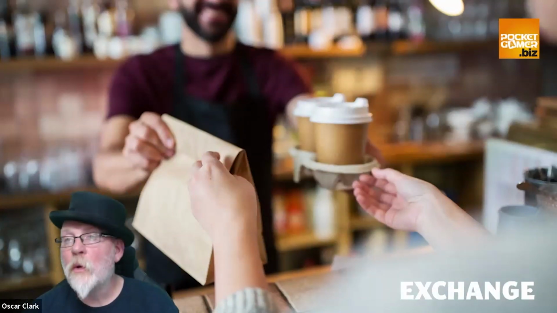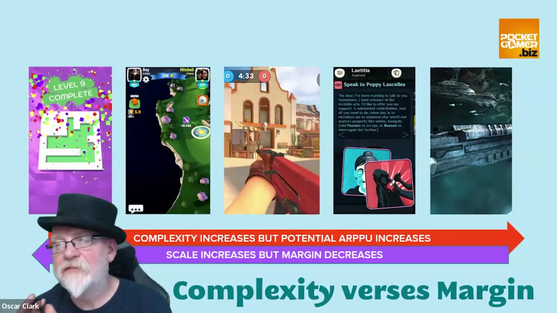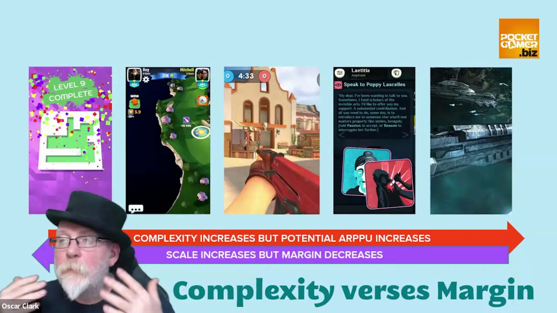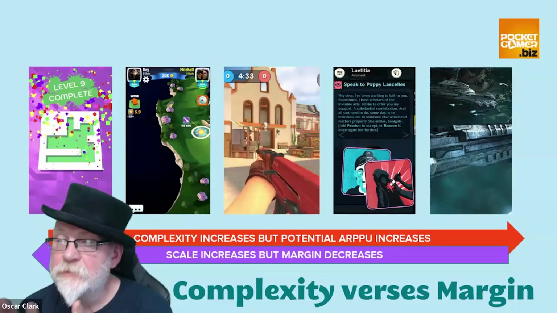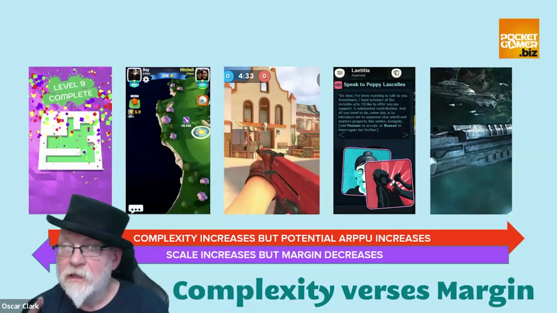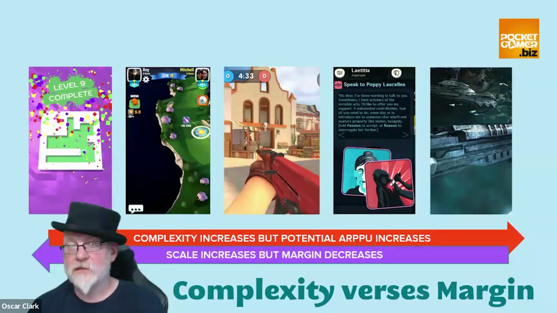A couple of things to know when we start looking at exchange: the first thing is not every game is the same. Okay, we know this. But as we increase complexity in the game, it increases potential average revenue per user, but it tends to decrease the scale of the audience.